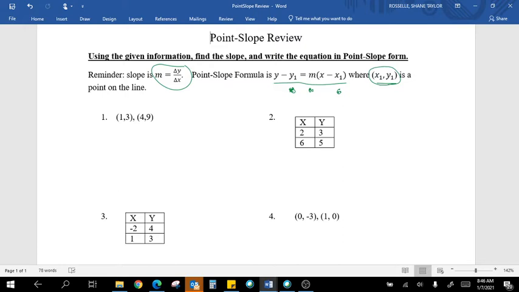So m equals the change in your y values. I'm going to write down m, and for the change in the y values, I'm going to start with this second point right here, and the y value of the second point is 9. So I'm going to say 9, and remember, it's always y on top. The change in the y goes on top and x goes on bottom. So it's going to be 9 minus 3 on top. Then on bottom, it's going to be the change in the x values. If I started with the point 4 comma 9, for the x values I have to start with that point as well. So I'm going to say 4